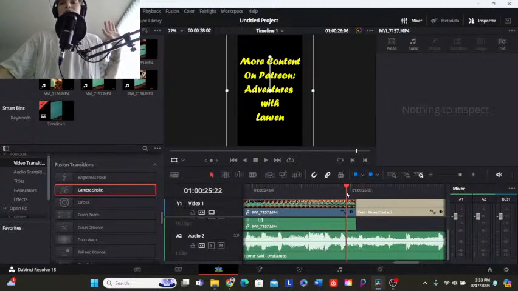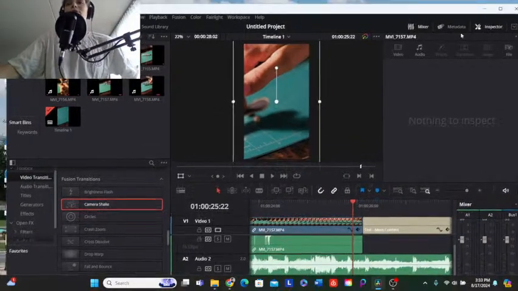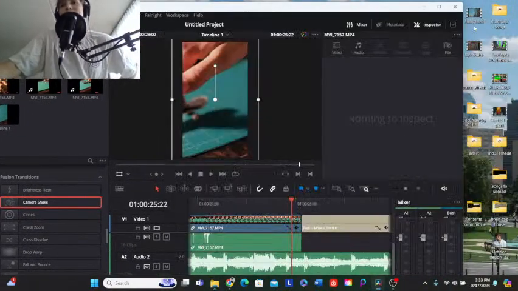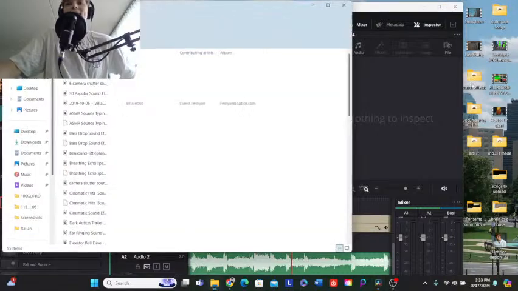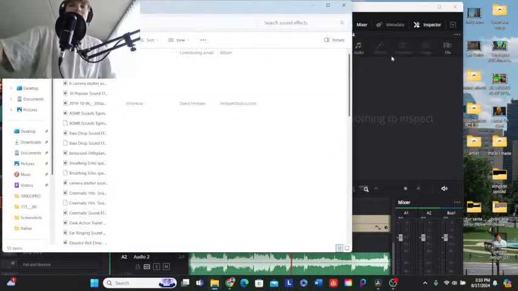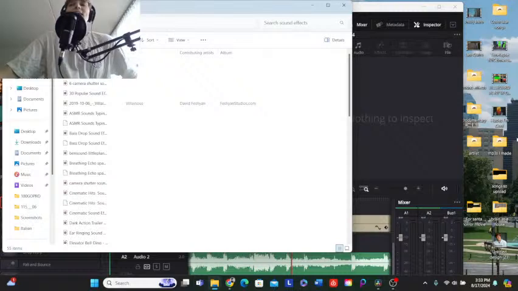We're gonna take out this transition. Don't like it. We're gonna put in the sound effect. Why? Because I don't know. We're making this snazzy. So as you can see, literally on the side of the screen, I just have all